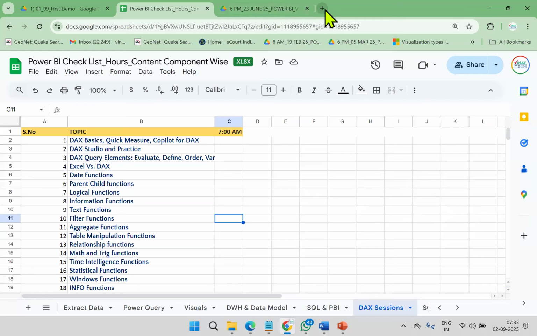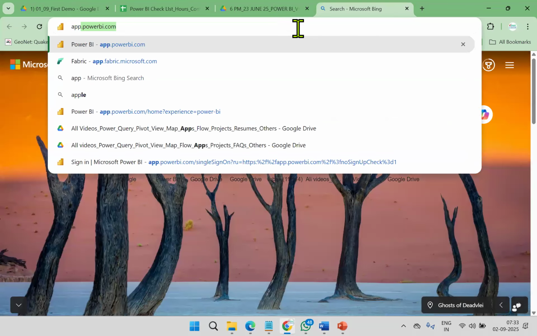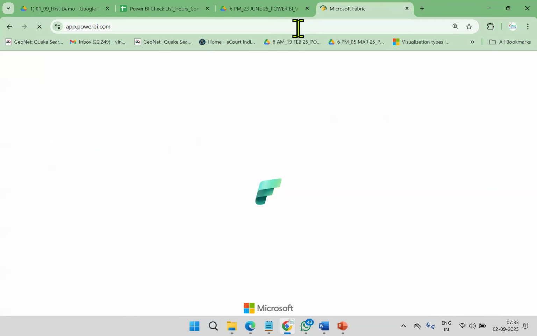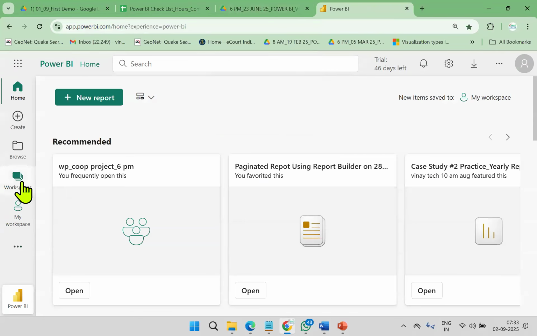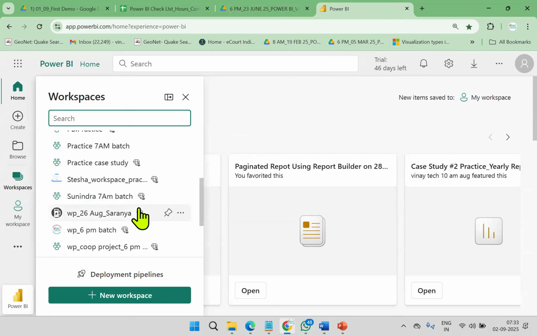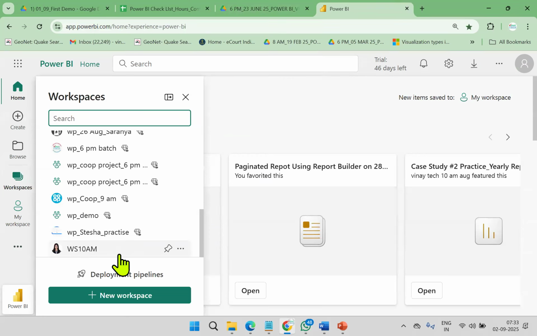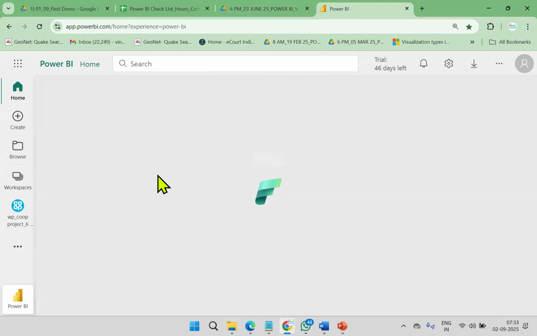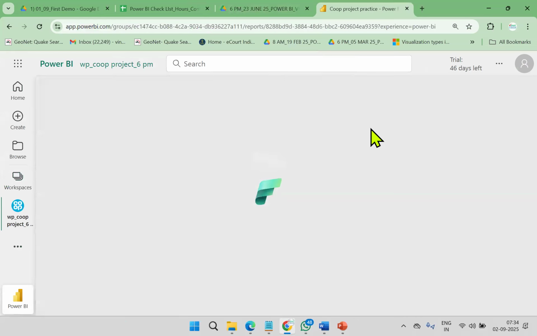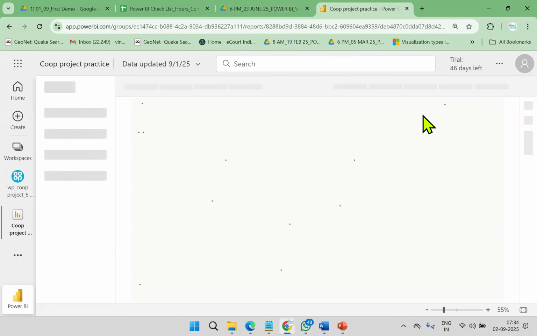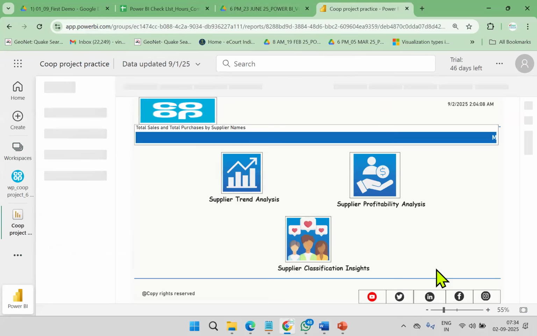So that too in the cloud level. This is a cloud, Power BI cloud. Even our students practice, you will also practice. Workspaces, see projects. There are many students practicing. Even you will also practice, don't worry. Projects only. So this is one project. So these kinds of complex reports you see in the regular class, and I will make you practice.